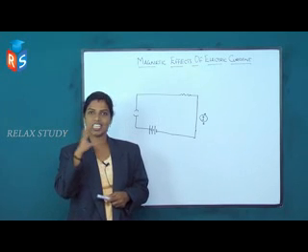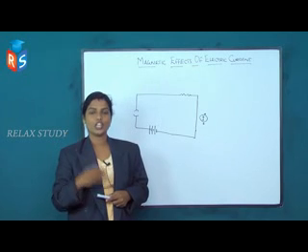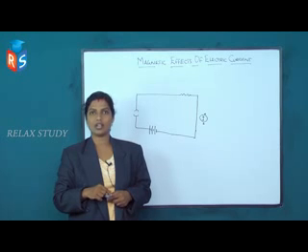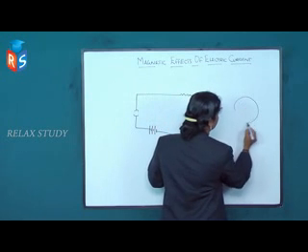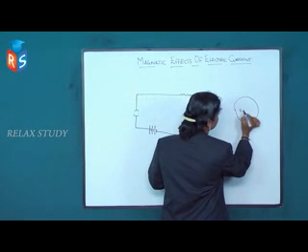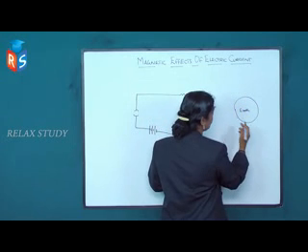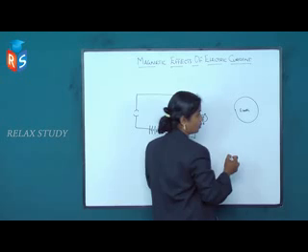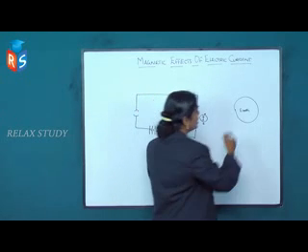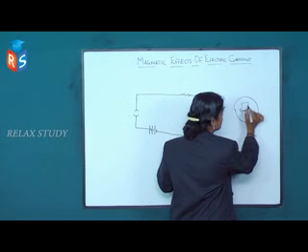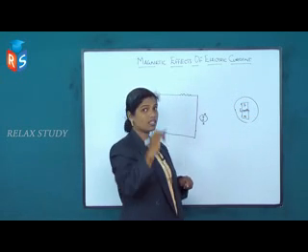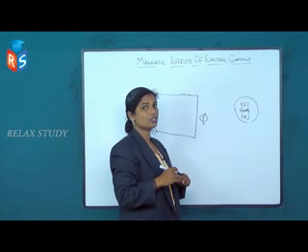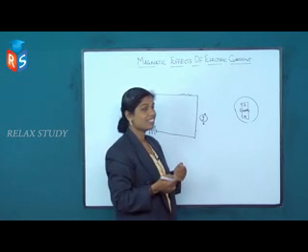Since Earth itself is considered a magnet, you can treat one end of the Earth as the north pole and the other end as the south pole. This is our Earth, treated as a magnet, and you know very well the directions: geographic north pole and geographic south pole. If you consider Earth as a magnet like this, this is south and this is north. And if you hang a simple bar magnet, it is going to